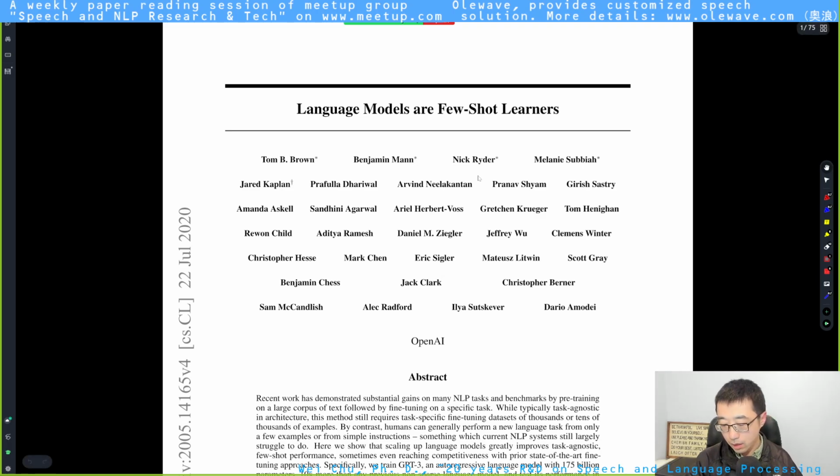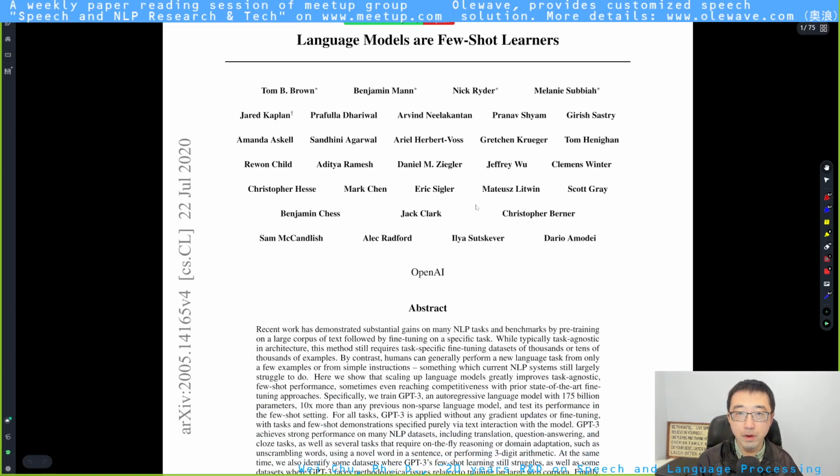But I think I would go through this paper very slowly because I myself benefit a lot from reading this work, even as an experienced researcher in speech. I think lots of you are beginners in doing research.